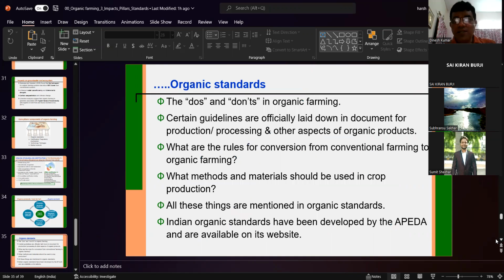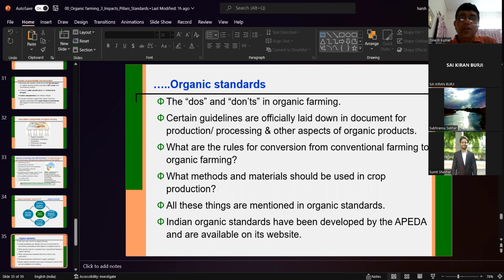Now we come to the organic standard, the first pillar of organic farming. So what is meant by organic standard? These are the do's and don'ts in organic farming. What you are allowed to do, what you are not allowed to do. What can you add into the soil, what you cannot add. How can you control insect pests, and what cannot be used to control insect pests. A complete document is prepared in writing, and that document is called the organic standard. So certain guidelines are officially laid down in writing in a document for production, processing, and other aspects of organic products, whether it is packaging,